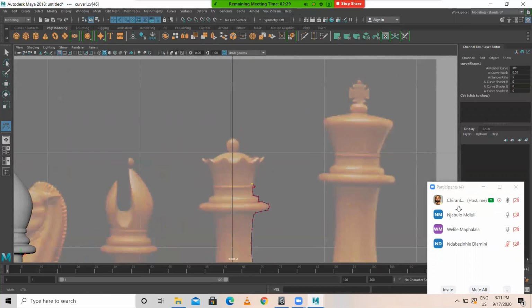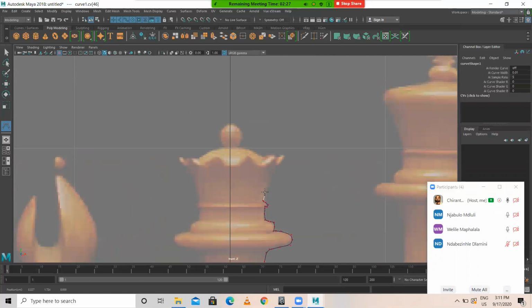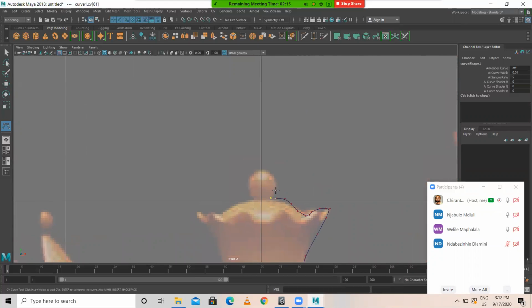So after that, I'll be creating like this. Enter. So right click, go to Curves, select. The first and the last curve should be in the center of the grid.